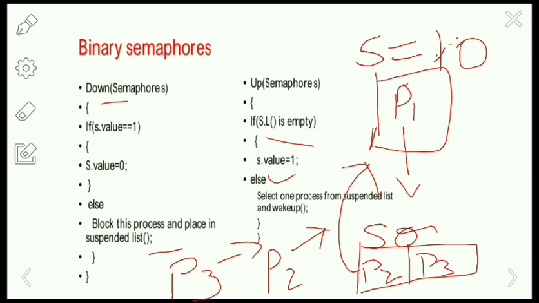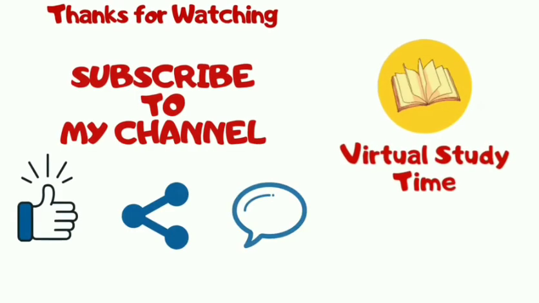Here the P2 will enter the critical section. While P1 is exiting the critical section, it will make the 0 value 1. And P2 will again enter the critical section by making the semaphore value 0. After P2 completes the execution, then P3 will, while executing the exit code, make the semaphore value